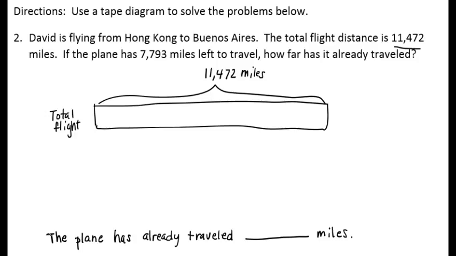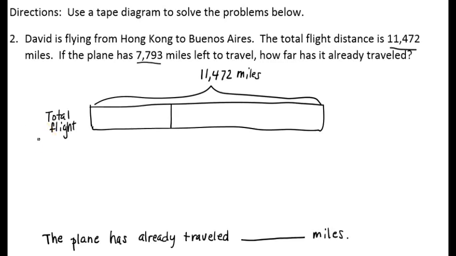Now we don't know how far the plane has traveled, but we do know it has 7,793 miles left. That's pretty close to 8,000 miles out of the 11,000 miles, so it has a lot left. That means when I divide up my tape, I'm going to make a shorter piece and a bigger piece. Well, I don't know how far it has already traveled, so I'm going to put a question mark in that part of the tape and label it